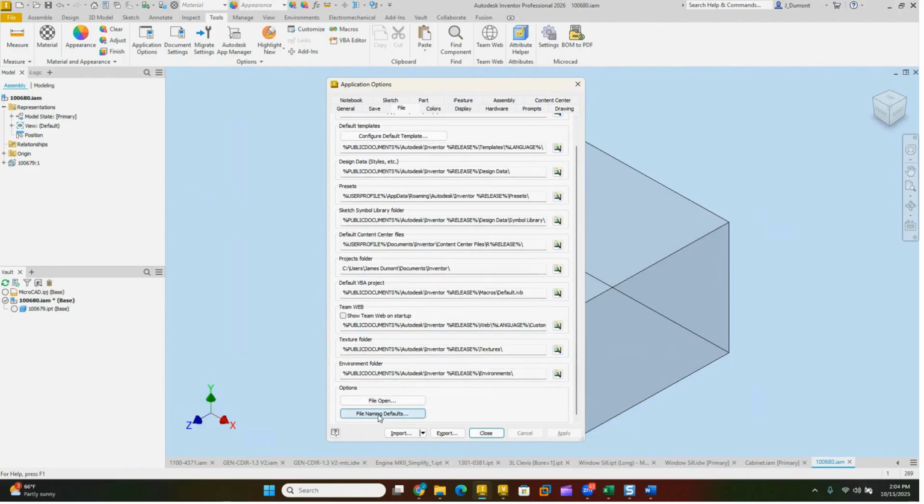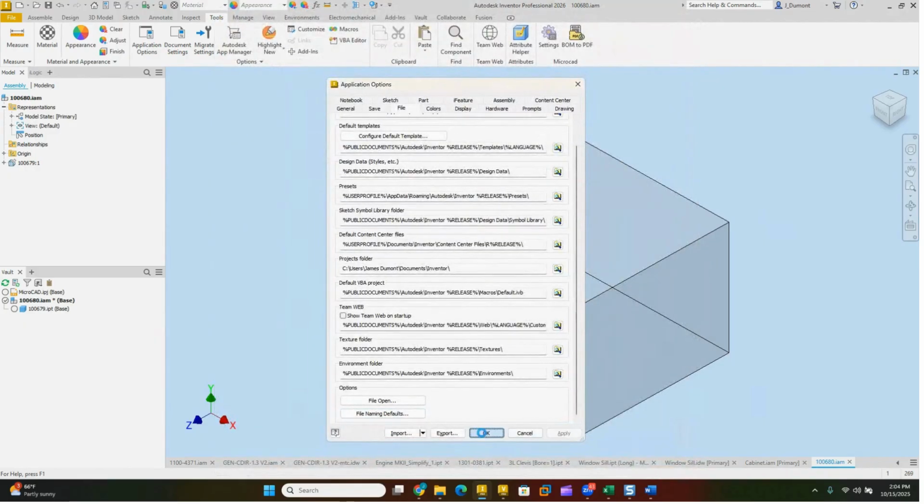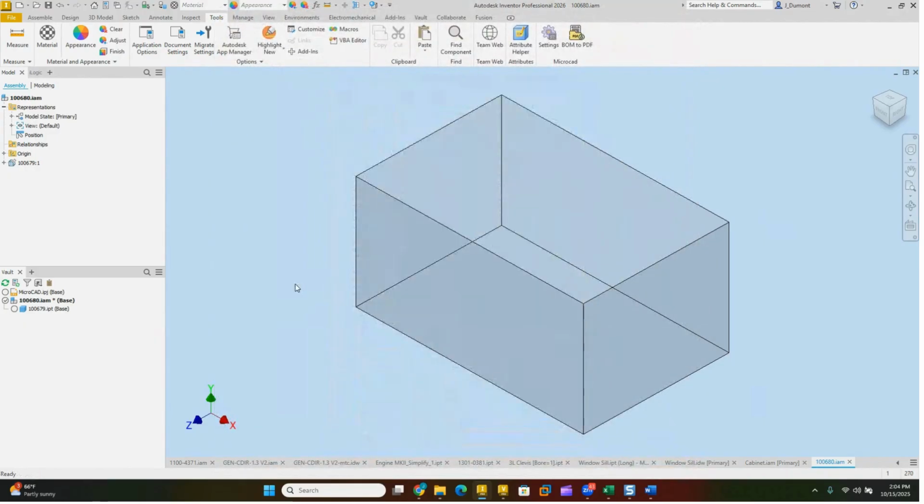There we go. File name and defaults. This will help you uniquely assign the file or give file names some kind of unique file names, right? It's built into Inventor right now. I don't love it because of the file name structure, but if you're not using Vault Basic, or if you are using Vault Basic, you got to use somehow, some way to create unique file